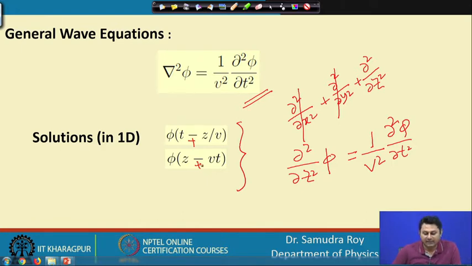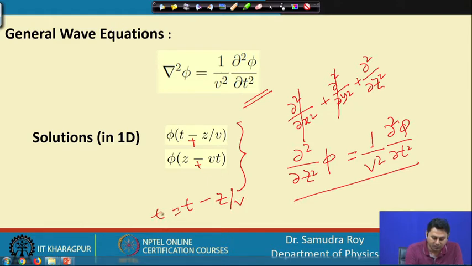But the important thing is that if we have this kind of equation, then we have a solution of the form like this. You can note that we have a variable t and a variable z, but inside the solution one can have a new variable, and t and z are associated with it. So, t prime is a new variable which is related to this, and velocity is also associated. So, I left this problem as a homework to those who are doing this particular course, that using this